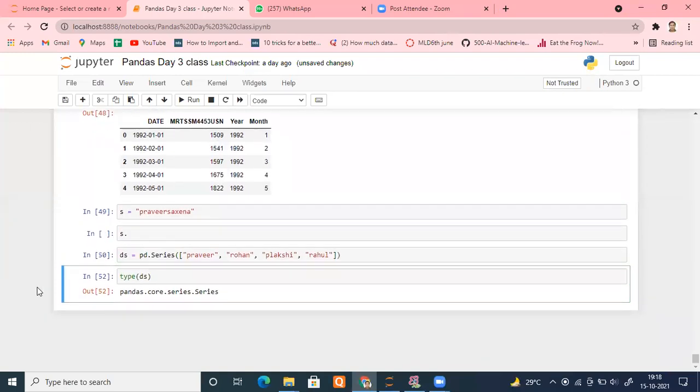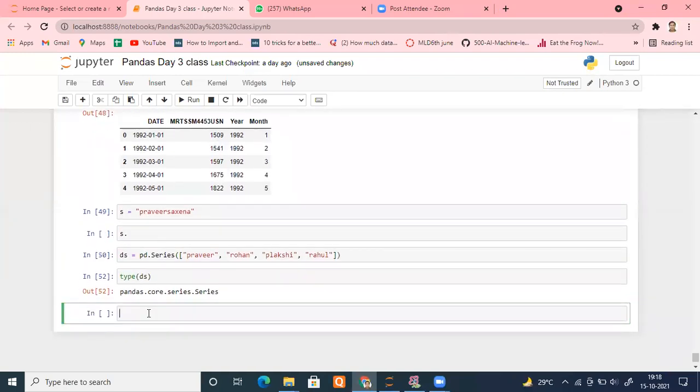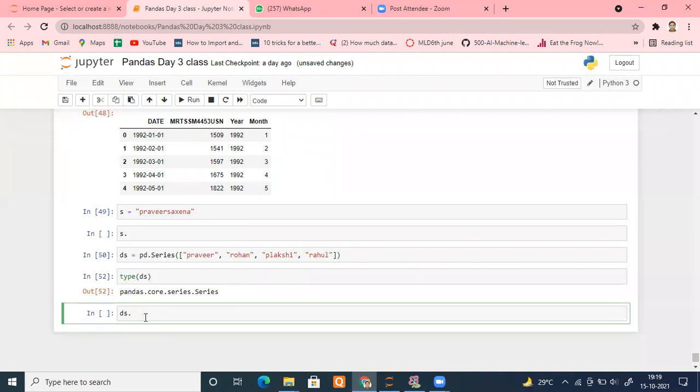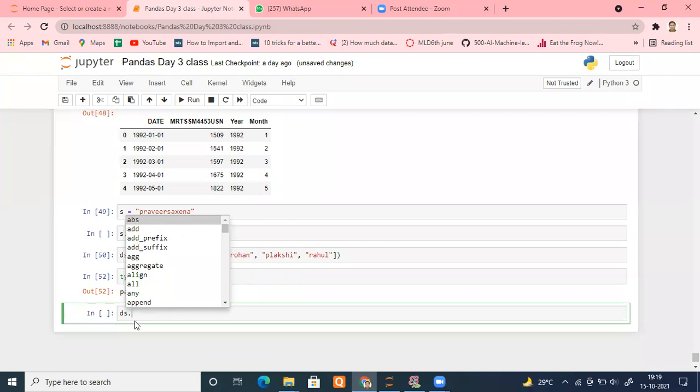Okay, fine. Now see, if I go here and press dot, you can see how many entries there are. Lots of things are there which will apply to your series. Append, all, align, and so on.